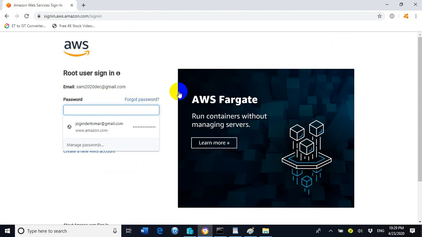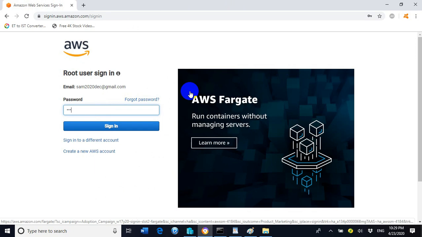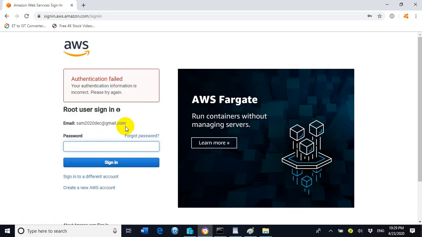Now we need to enter the password and click sign in.